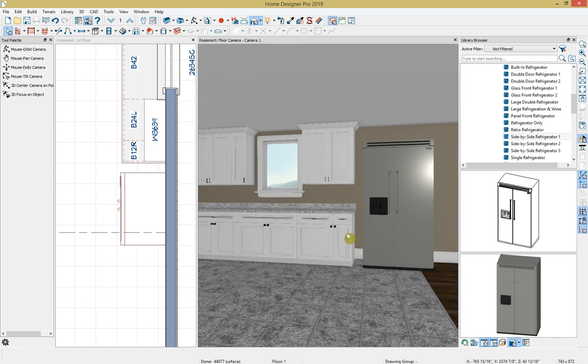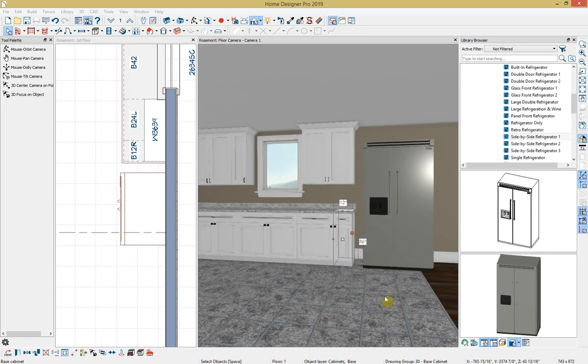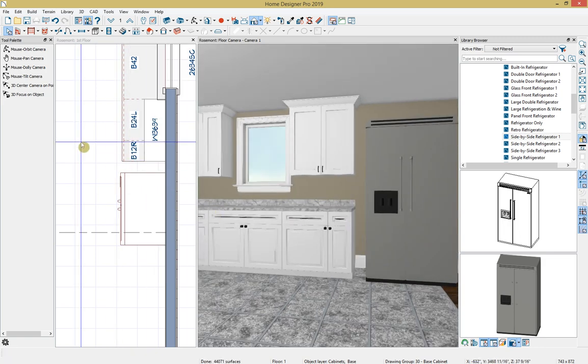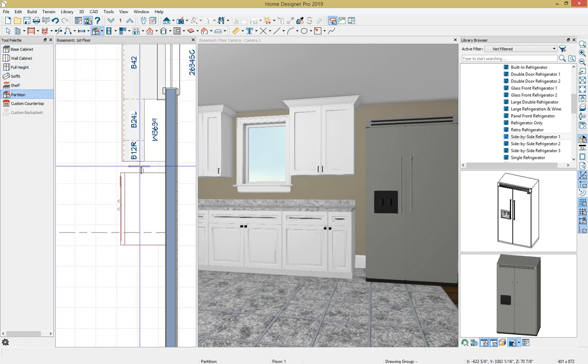Before I add my partition, I do have an overhang on this cabinet, so I'm going to go ahead and open that up, and under countertop, I can see that I have a 1-inch overhang that's currently uniform on all sides. I'm going to uncheck uniform, and I'm going to change the overhang on the right to be 0. That flattens that out there. So then I can come in and grab my partition under my cabinet tools, and I'll place one here,